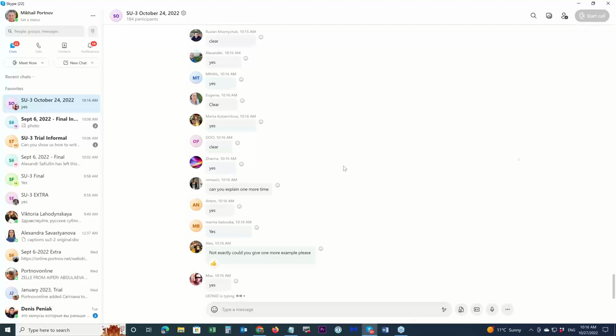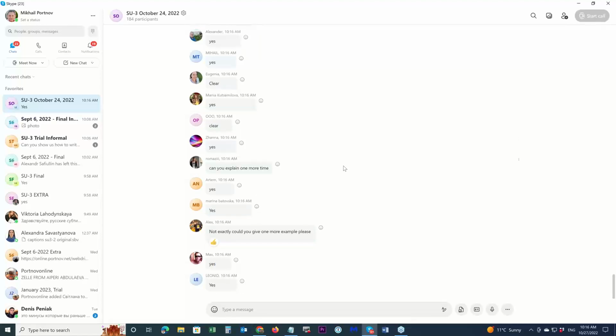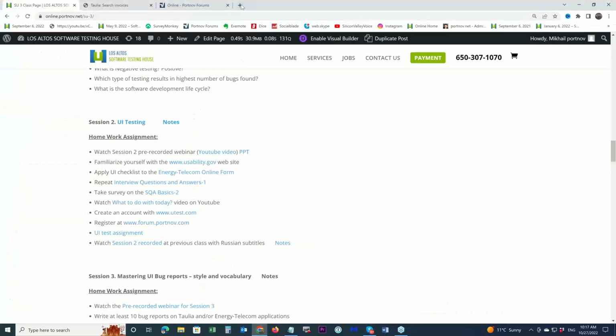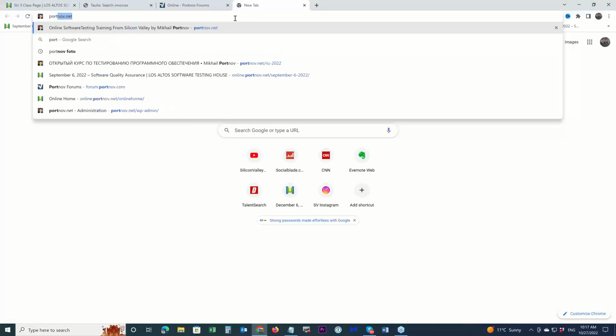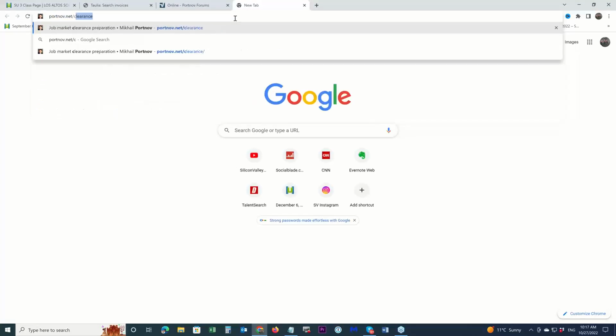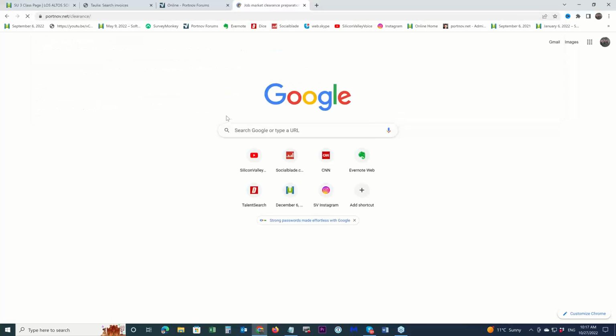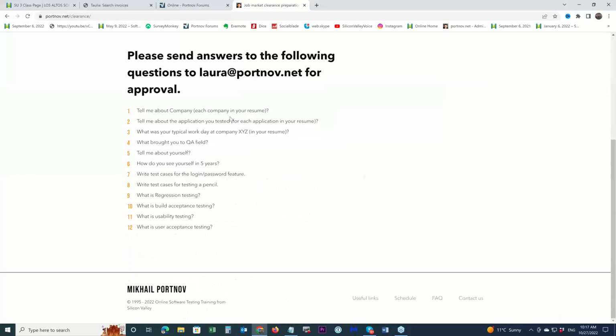Okay. And by the way, I believe it is one of the 12 clearance questions. Let me see. Do we have it in our clearance? Yeah, we do have it. What is usability testing? Right? It is one of the 12 questions. Why we include that?